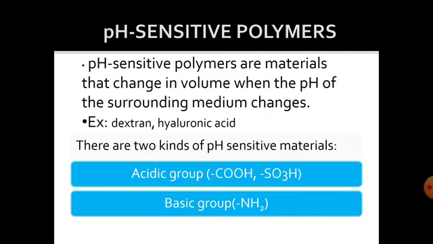So the examples are dextran, hyaluronic acid. There are 2 kinds of pH sensitive materials: acidic group and base group, alkanoic,